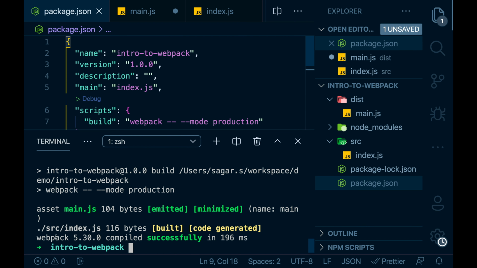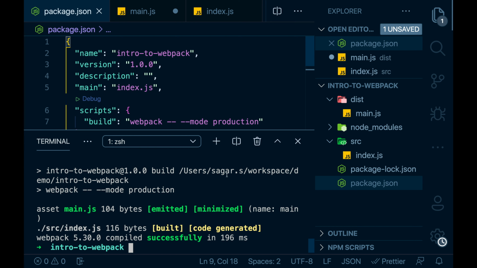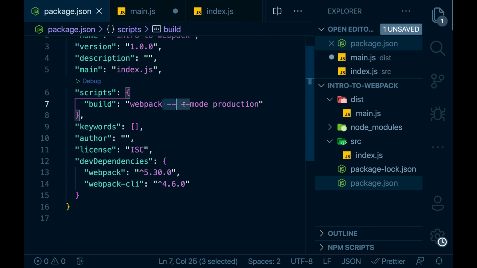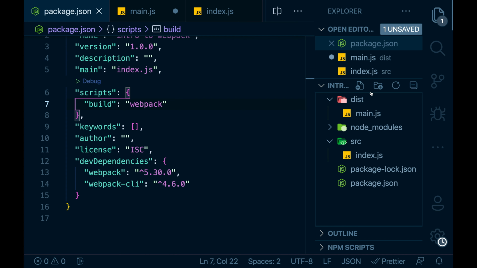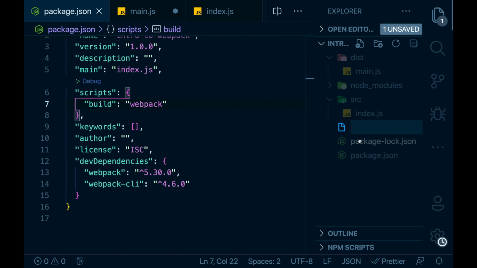Build is successful without any warning. I'll remove this mode from CLI and let's create a new file named webpack.config.js.